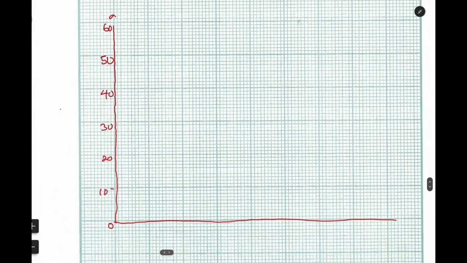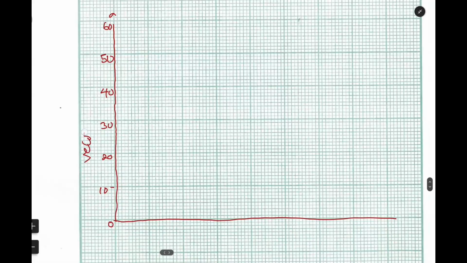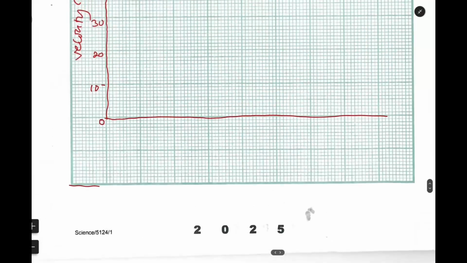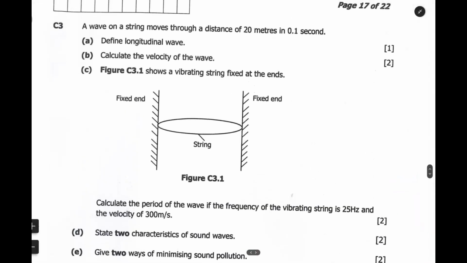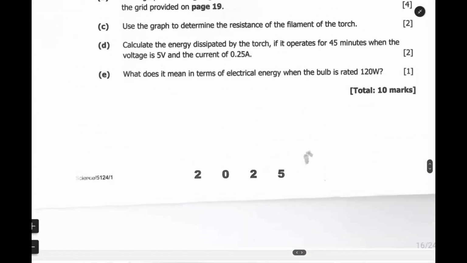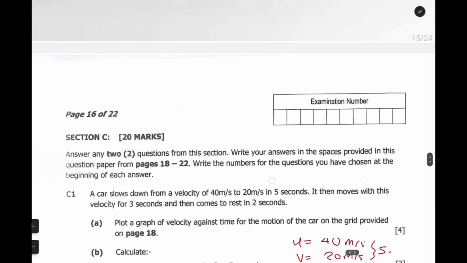Okay, so this side is the velocity, of course in meter per second. I'm using the scale of 2 centimeter to represent 10 meter per second. Then here, this is the time. Time is what? In seconds. So here I'm going to use 1. What is the highest time here? 5 seconds. The highest time is 5